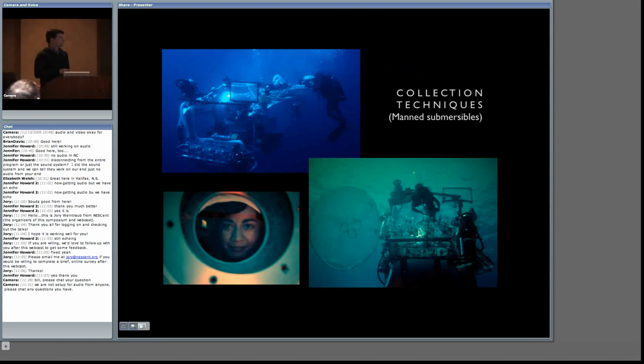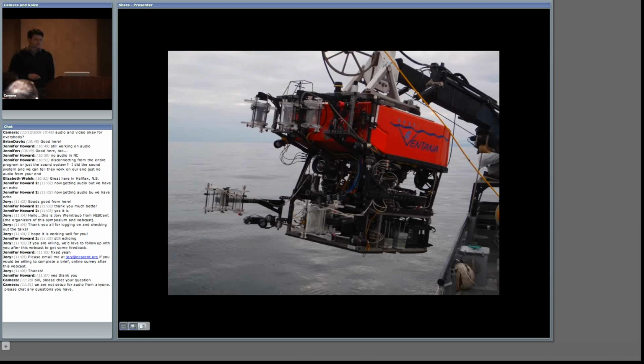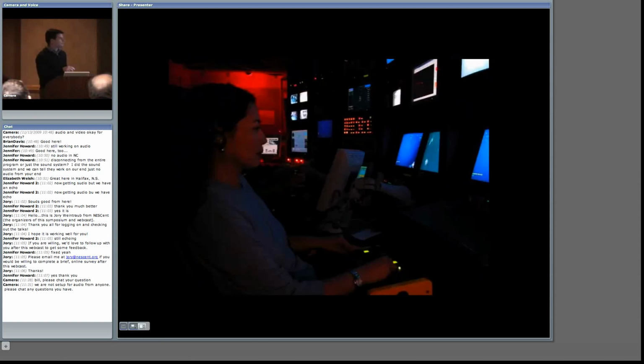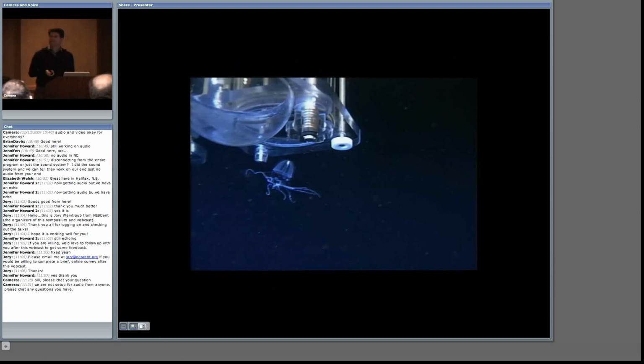One is by actually going down in a manned submersible and collecting organisms using these samplers. And at my institute, we use a lot of remotely operated vehicles. And so this is one of the subs where we're on the boat. There's a tether here that sends power and gets communication both from and to the vehicle with high-definition video cameras and a bunch of other video cameras. So we can just be sitting in the ship controlling this almost like a video game, or literally with a joystick, controlling the vehicle and the cameras,